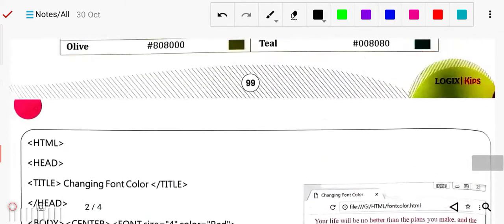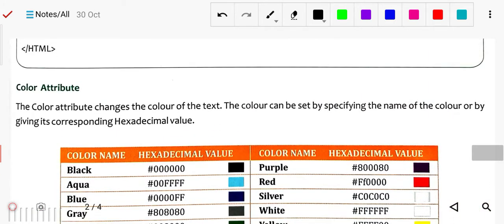Okay, now next we have another one, the color attribute. The color attribute is used to change the font color. The color attribute changes the color of the text. The color can be set by specifying the name of the color or by giving its corresponding hexadecimal value.